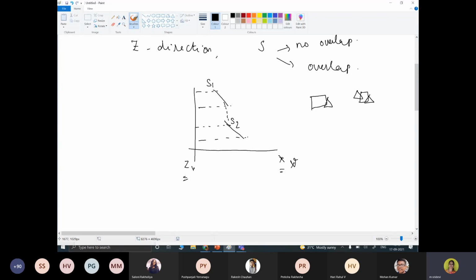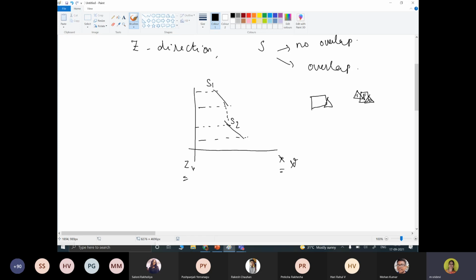Because the foreground will be at the longer distance, and whichever is near to the viewing plane will be at the least depth values. So in some cases the ordering has to be changed. This can be the foreground object. This is one background object, another background object can be this, and this can be the foreground object. In that scenario, it should be reordered. This will be first, second, and third.